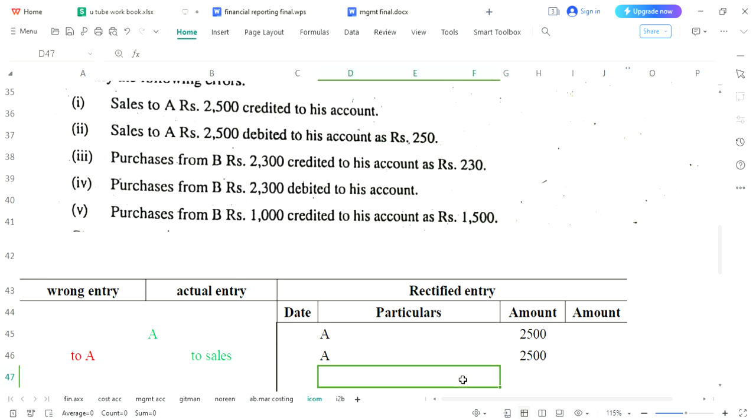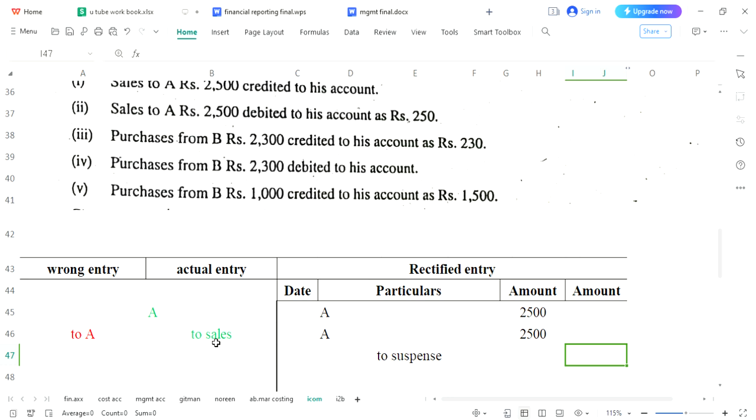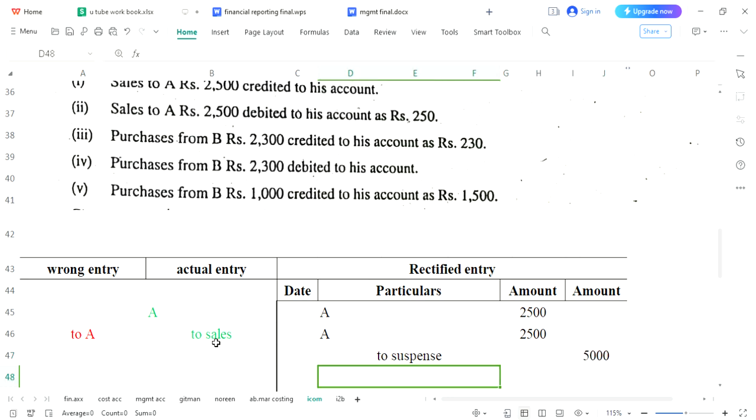Alright guys. And is there any mistake in sales? Look, his is used only for human being. It means mistake was only for A. There is no mistake in sale. So we will not be writing sale over here. Nothing else is present. So for the time being, we will write suspense and total amount 5000 would be written over here. At narration, you will write double error